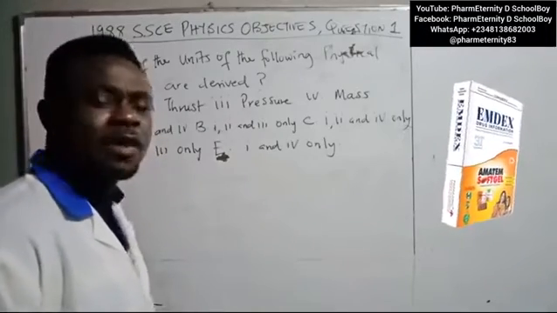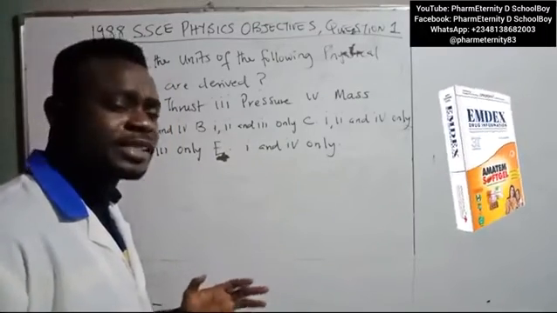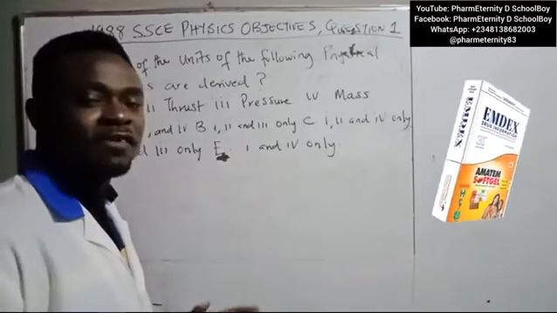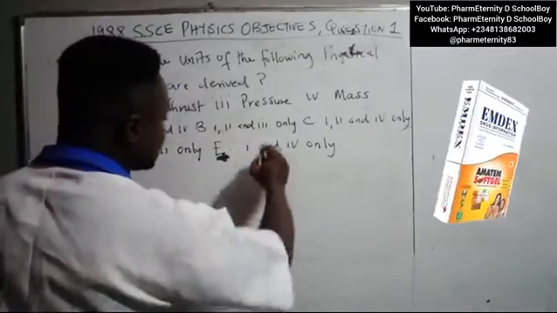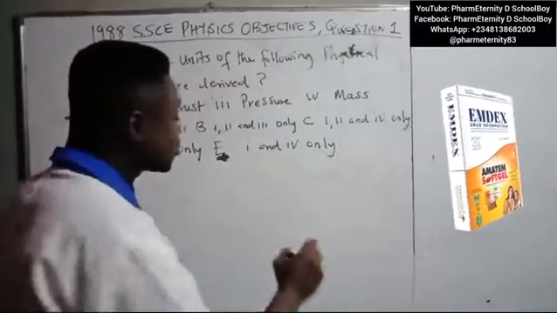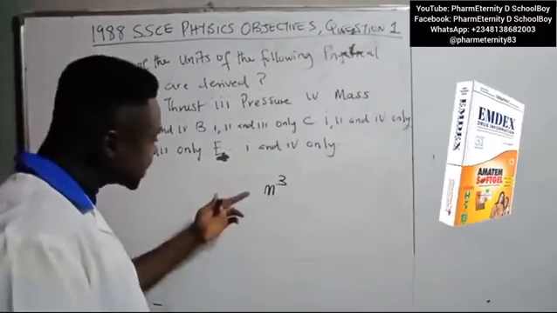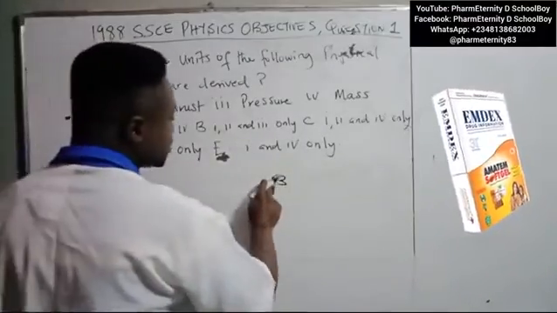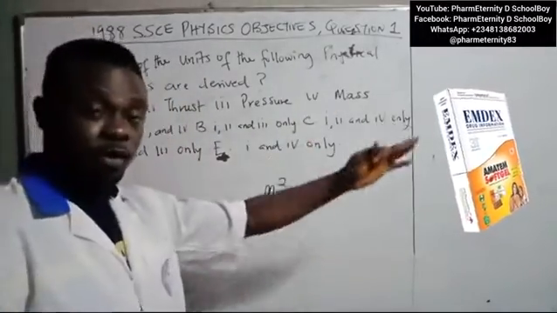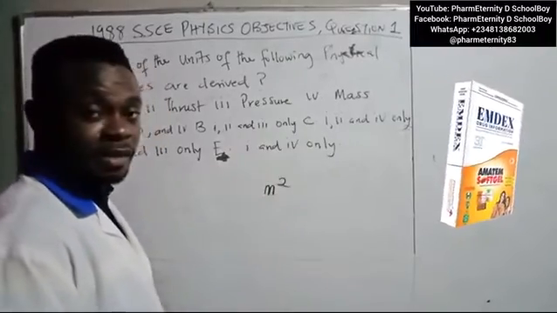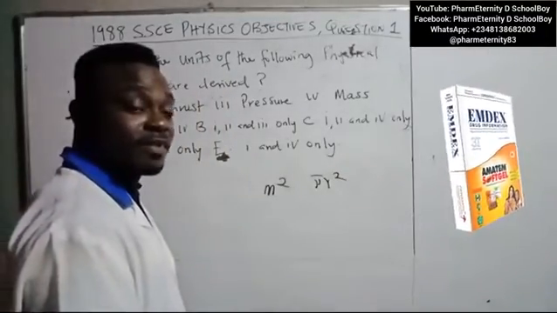Depending on the figure you are talking about, the area of any object has the basic SI unit of meter cube. Sorry, I mean not cube. Meter squared. Cube is for volume. Now meter squared, whether it's pi r squared,